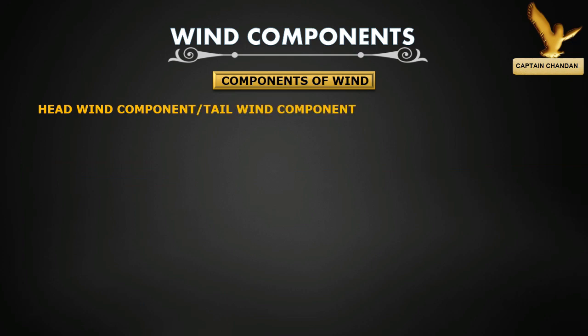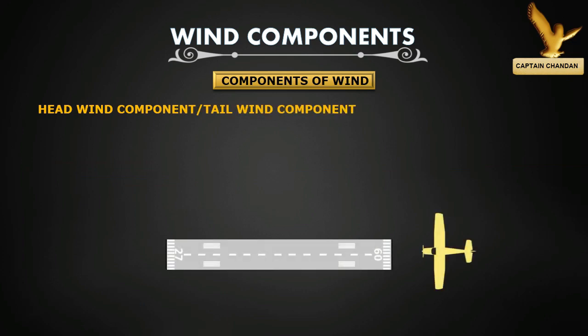Headwind and tailwind component. One aircraft is landing on runway 09 and facing wind from approximately 240 degree direction. That means the wind has two more components. First, headwind, which blows against the aircraft path. Second is crosswind, which crosses the aircraft path. To make it very clear, if wind is making an angle with the flight path or runway, then there will be a headwind or tailwind component and a crosswind component.